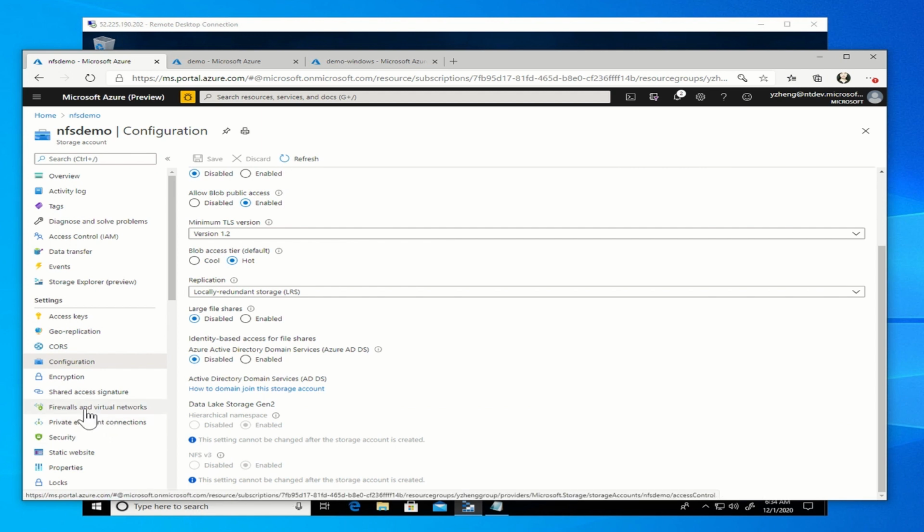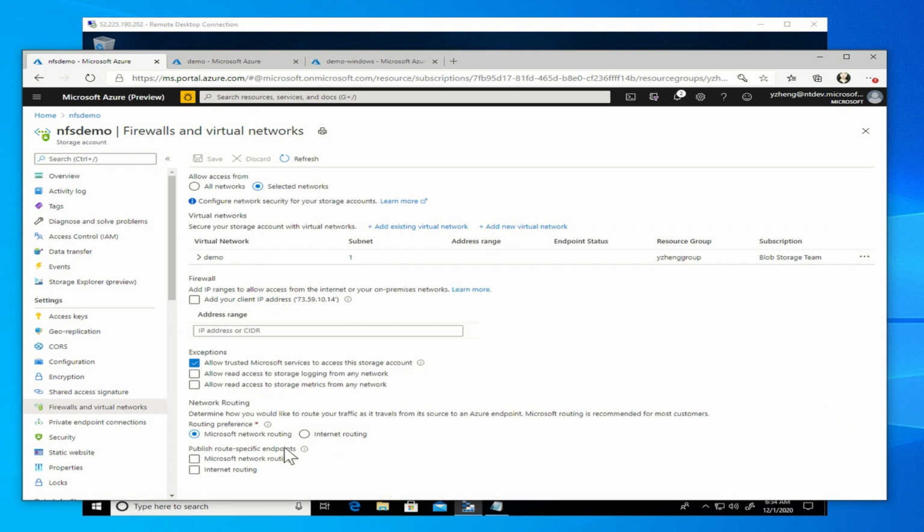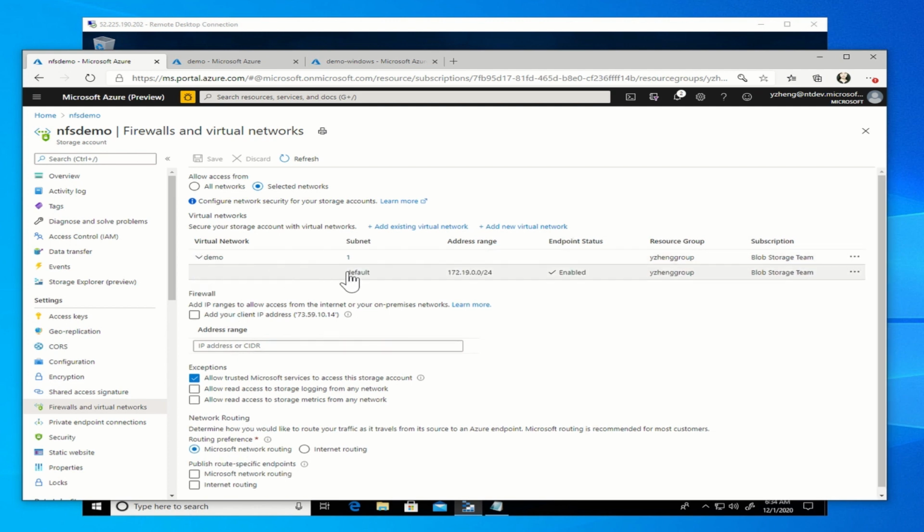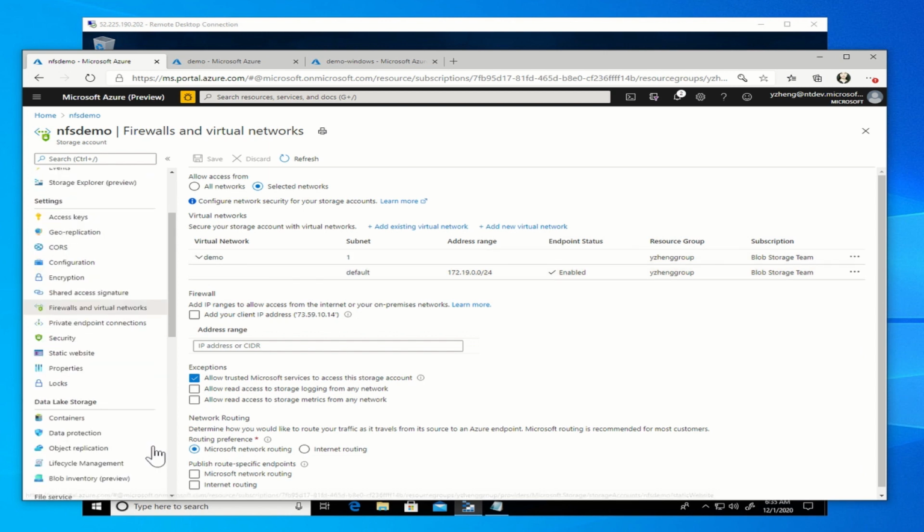Now, NFS v3 protocol has limited authentication or security built in, so we do require network-based security. So in this case, I have created a virtual network called demo. And so my NFS endpoint will only be accessible over this virtual network.